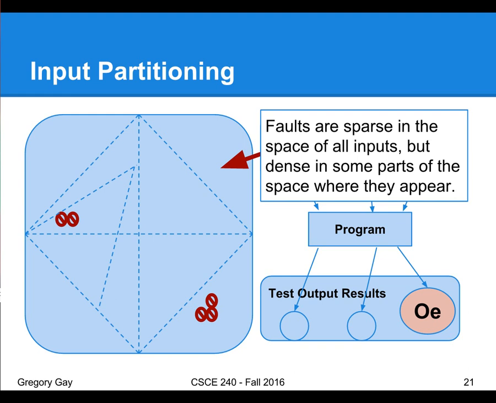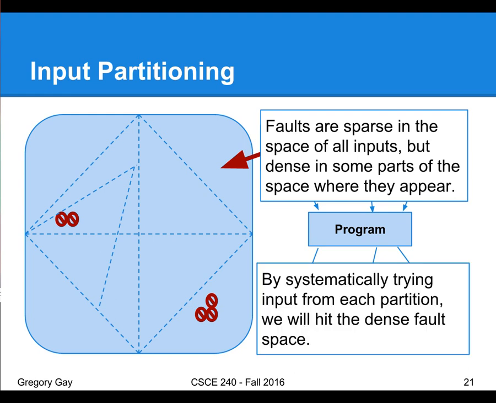So it goes back to the thing I was talking about last time, the last slide. We should, as a general strategy, favor different input over similar input. And that's a really key idea: try two very different things, and you're more likely to trigger a fault than if you try two very similar things. Even more so if we think about where those inputs come from, and if we spread out our inputs over these partitions of the input space. So by incorporating a bit of human knowledge in how we partition the inputs, we can try a wide variety of test cases and be more likely to land in one of those spaces dense with faults, right?